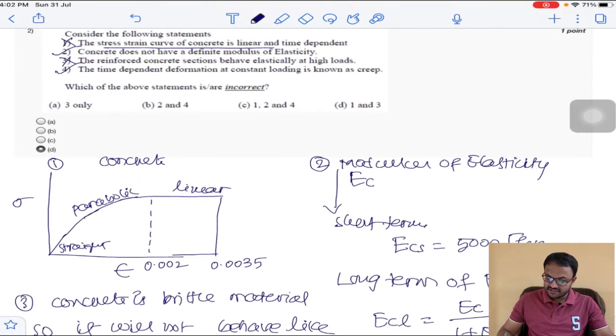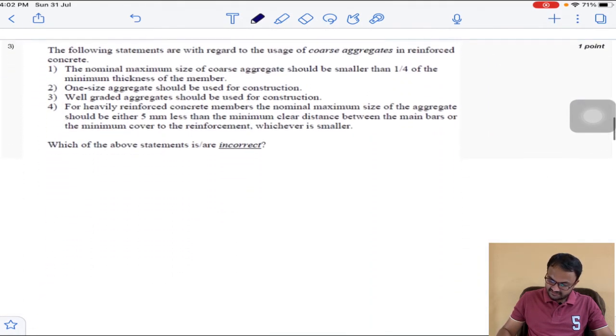So which options are wrong? 1 and 3 are wrong. 1 and 3 are wrong means option D is the correct answer. Okay. Next we will go to the next question. He has given,